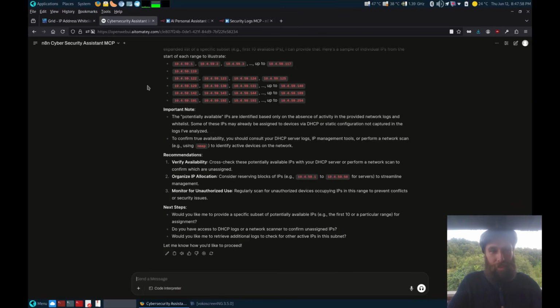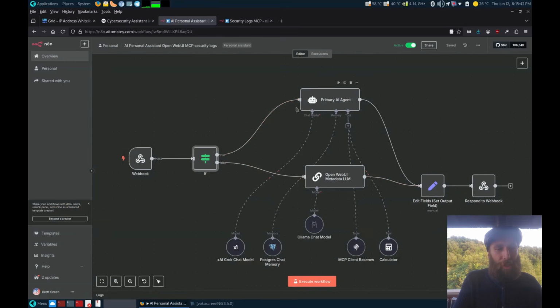In production, you would have a list of used IP addresses and you keep that up to date in the database, and then that way it could check against that list and you could have records of everything in there and what they're for. So to explain more about this workflow, what you've got here is,